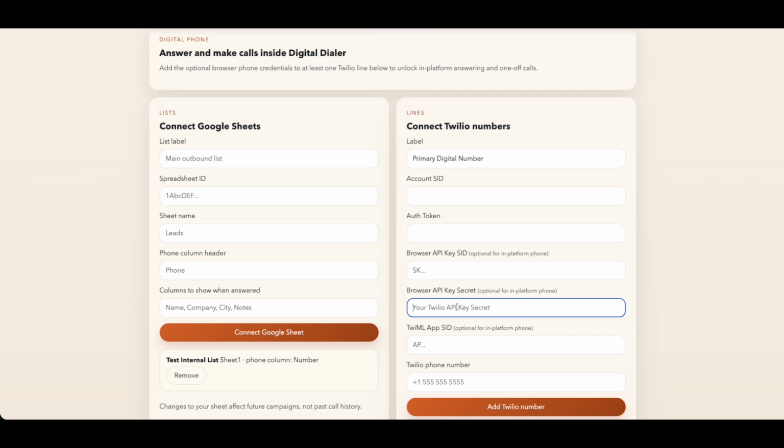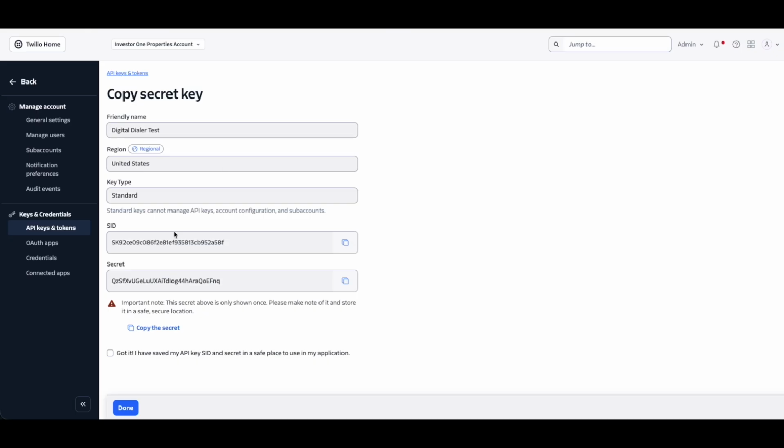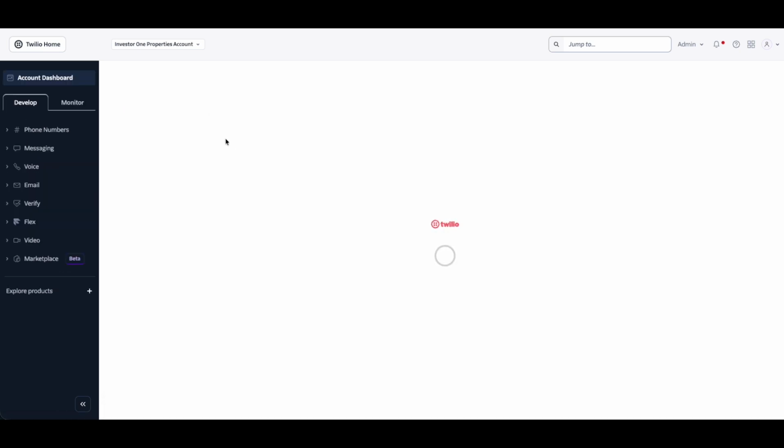Once you go ahead and add these two, then you need to create an app SID. But before we continue, just make sure you write down your API secret, because the API secret on the side of Twilio will only show it once at the very beginning, and if you don't copy it, you're going to lose it. So you're going to have to create a new API key, just restart the whole process. So once you go ahead and do that, and if you click back, like so,